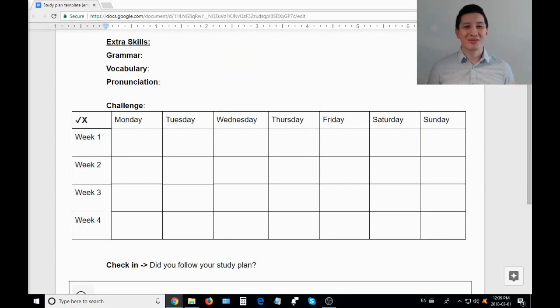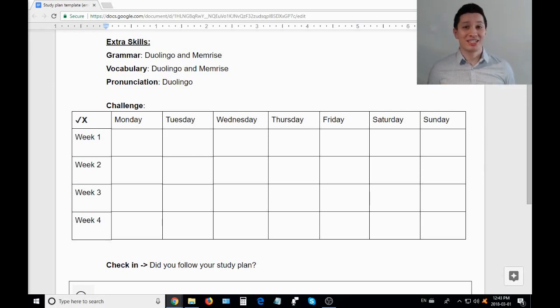Now, when we think of grammar, vocabulary, or pronunciation, we usually think of boring old books or boring teachers making us repeat the same old sentences again and again. But in this day and age, we don't have to study like that. Thankfully, there are a lot of useful apps that allow us to study in a fun way. A perfect example is an app like Duolingo or Memrise. These apps help us practice our English every day without making it feel like a chore. So for these 3 skills, I'm just going to put Duolingo and Memrise. Only Duolingo has a pronunciation practice feature, so I'll use Duolingo for that.